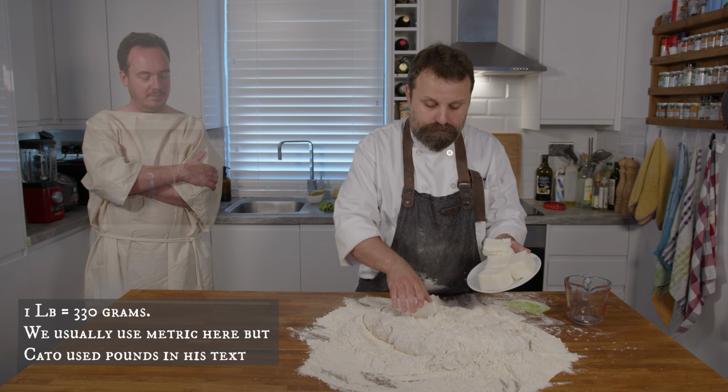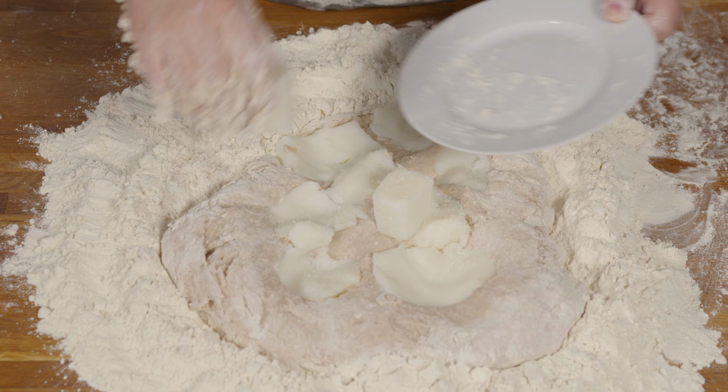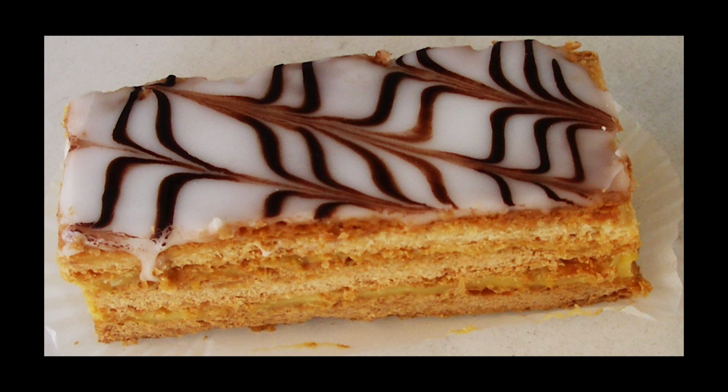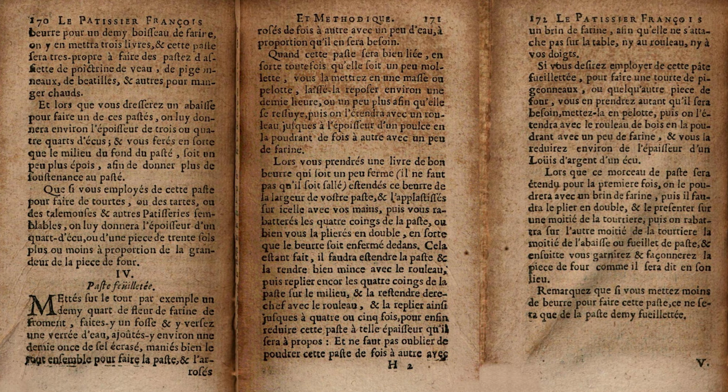It was La Varenne who influenced the switch from lard to butter. The first instructions on a bouquet garni? Indeed, La Varenne. The first millefeuille? You've guessed it. So of course this book also contains a recipe and multiple applications for pâte feuilletée, or puff